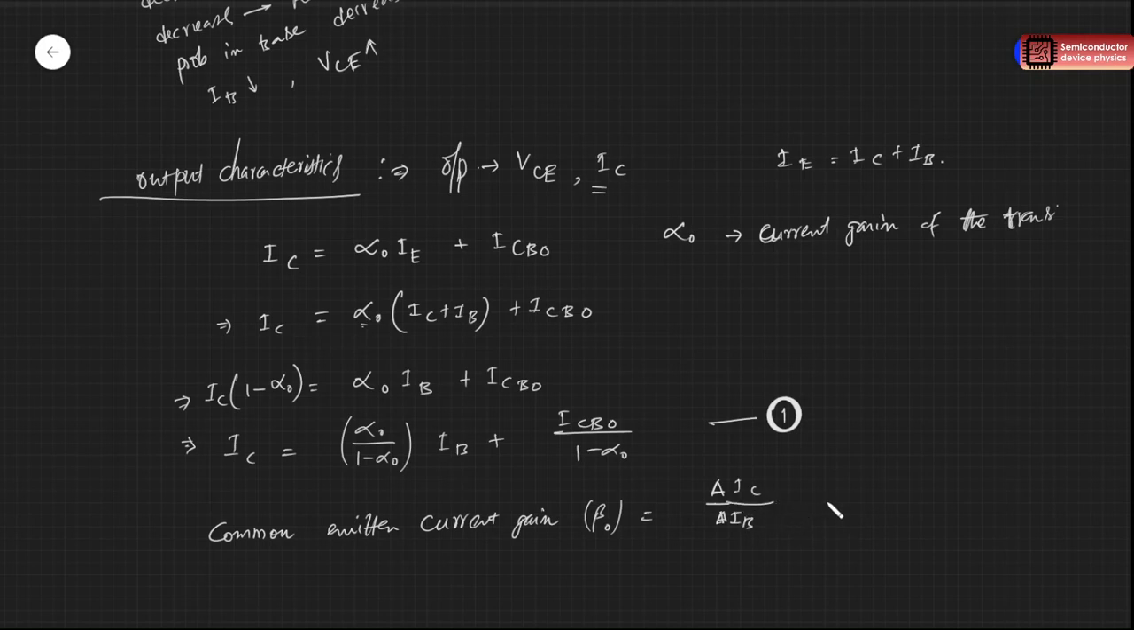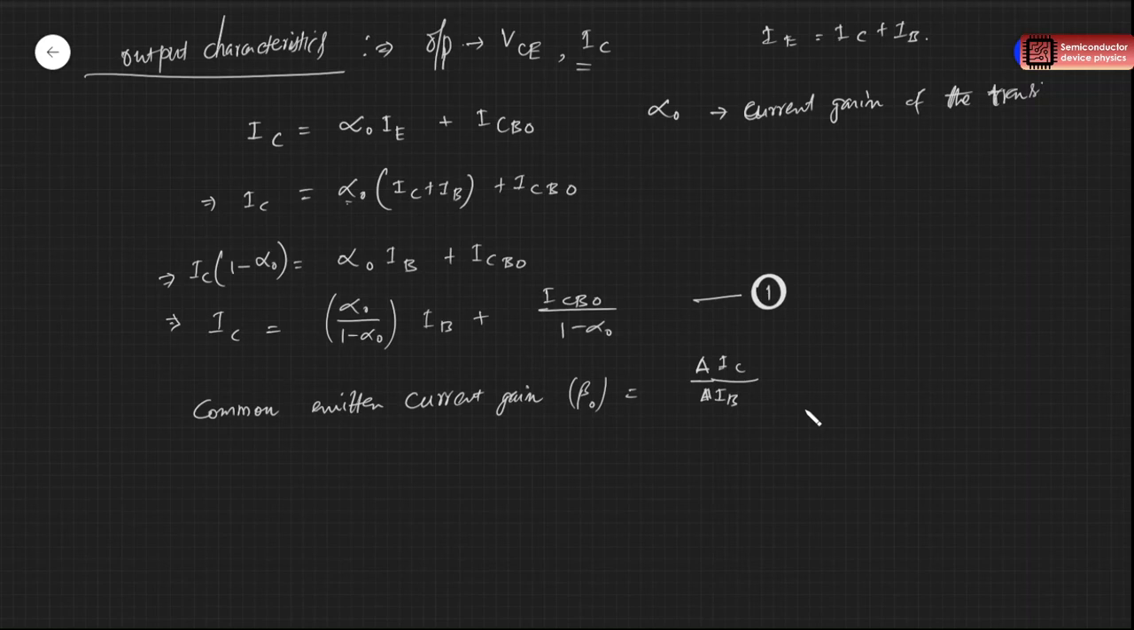Okay, so this is nothing but the incremental change in IC with respect to the incremental change in IB, right? So this will give us the common emitter current gain. From equation 1, if you try to calculate this beta 0, beta 0 is delta IC by delta IB. So if you take the derivative of this, you will get alpha naught by 1 minus alpha naught,